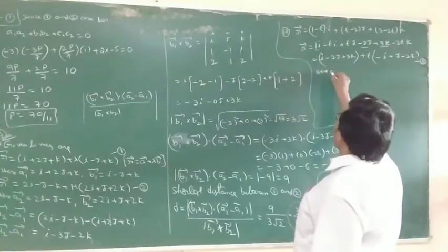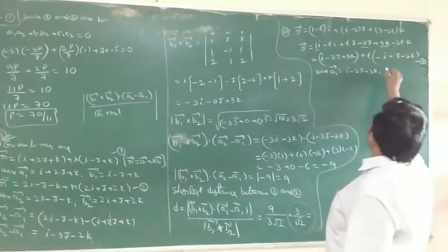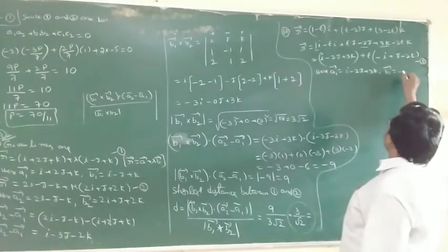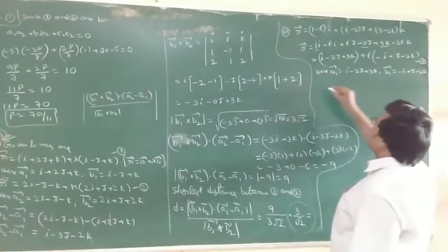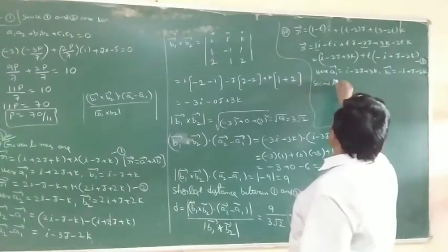Here what is a1 bar? a1 bar is equal to i − 2j + 3k. b1 bar is equal to −i + j − 2k. This is the first line. Second line